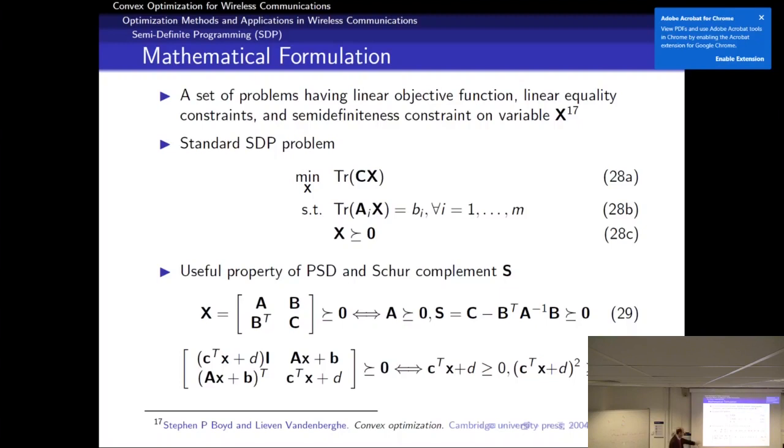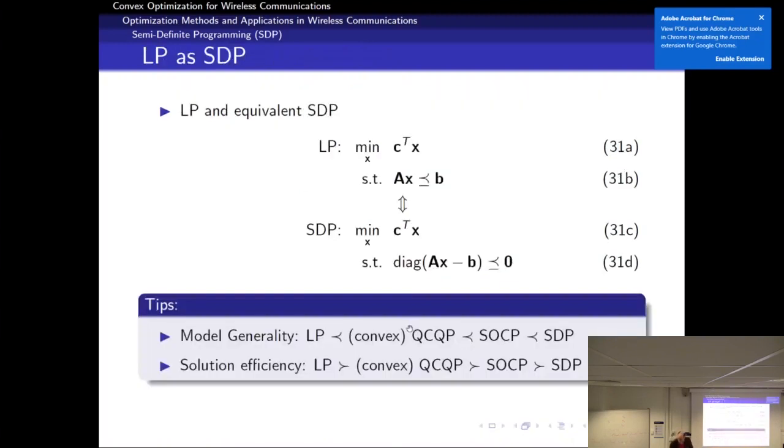So why I want to show you this is because if you start from an X that has this structure, you can actually convert this into a structure like this, just to show you that there is an equivalence between a second order cone program and a semi-definite program. Right. So let me show you first